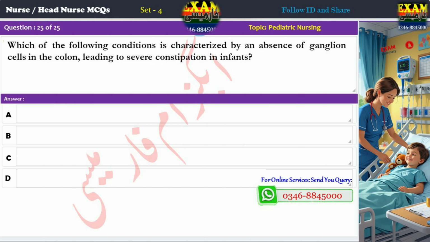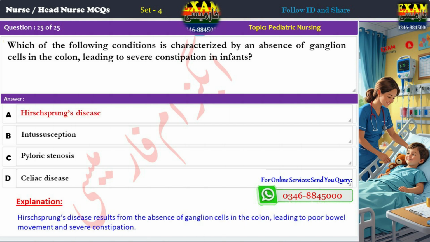Question 25. Which of the following conditions is characterized by an absence of ganglion cells in the colon, leading to severe constipation in infants? A. Hirschsprung's disease. B. Intussusception. C. Pyloric stenosis. D. Celiac disease. Correct answer: A. Hirschsprung's disease. Explanation: Hirschsprung's disease results from the absence of ganglion cells in the colon, leading to poor bowel movement and severe